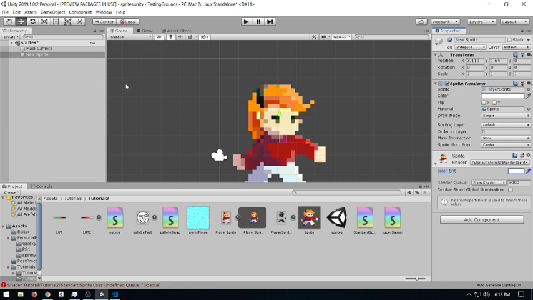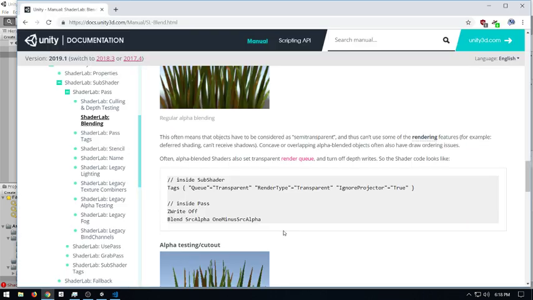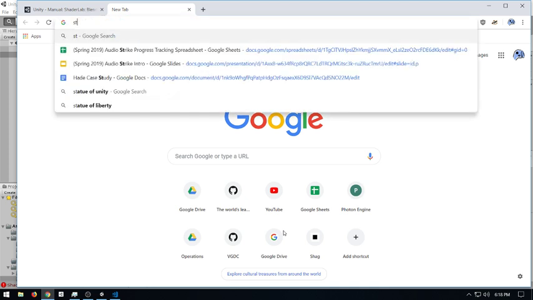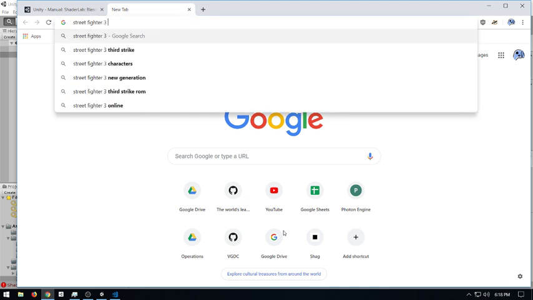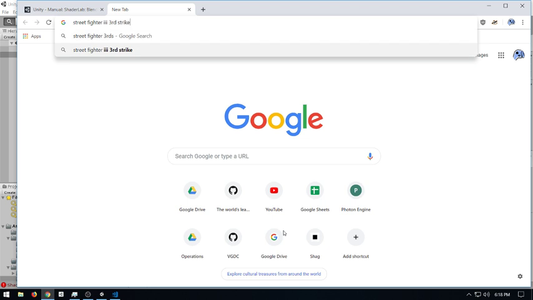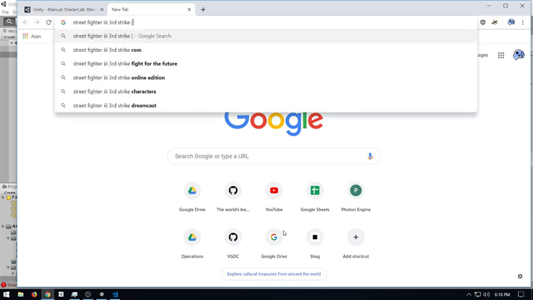But you know, there's so much more we can do with this. Let's write something fun. Let's write something that totally isn't here already. Let's pretend that it's not here. Let's pretend I didn't write it down earlier, you know, how that goes. And let's do a palette shader. For those of you who don't know what a palette is, think Street Fighter Third Strike palettes. Third Strike's my favorite sprite game.